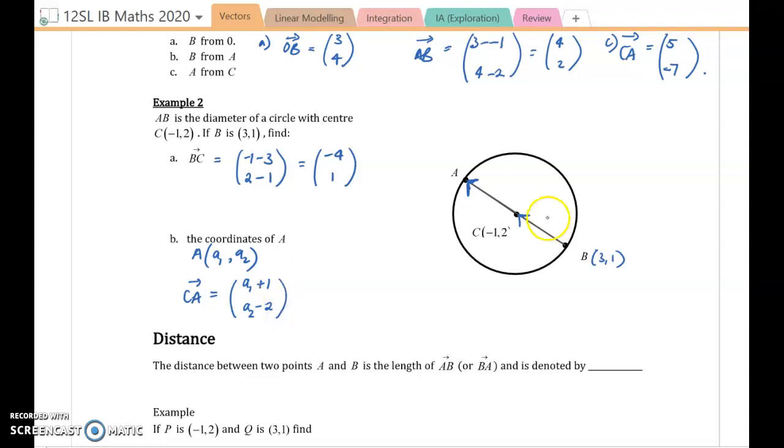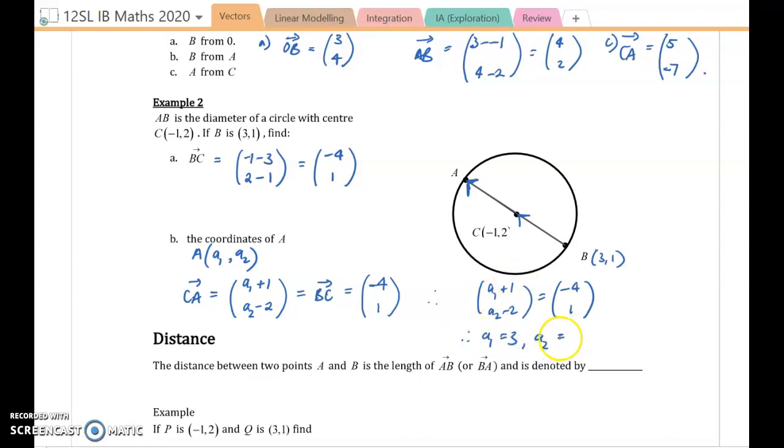That vector should be the same as vector BC, which we found in the previous part as negative 4, 1. So A1 plus 1, A2 minus 2 is negative 4, 1. That means that A2 must be 3 as well. Sorry, A1 would be negative 5 because negative 5 plus 1 is negative 4. Which means that A has coordinates